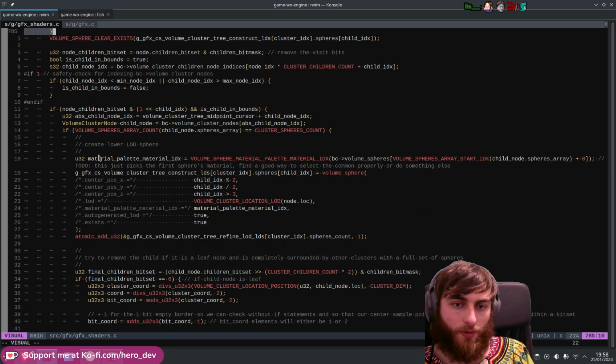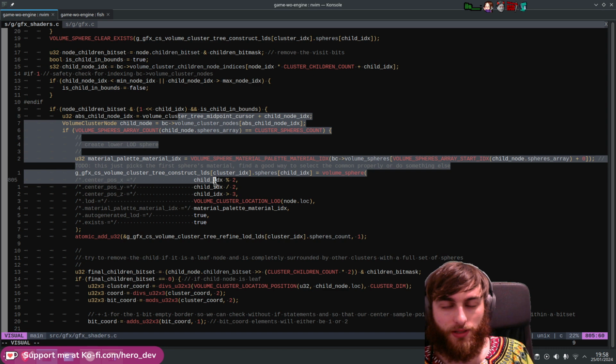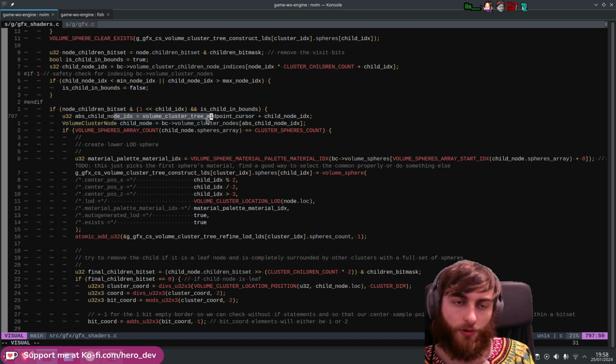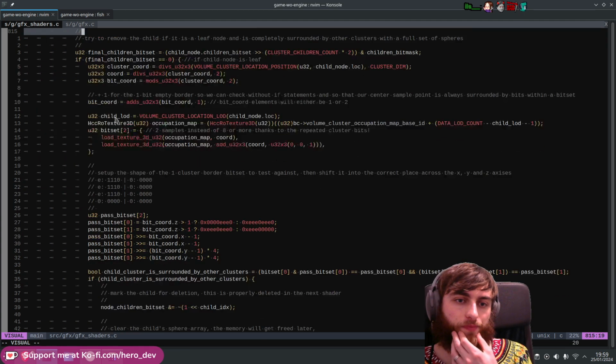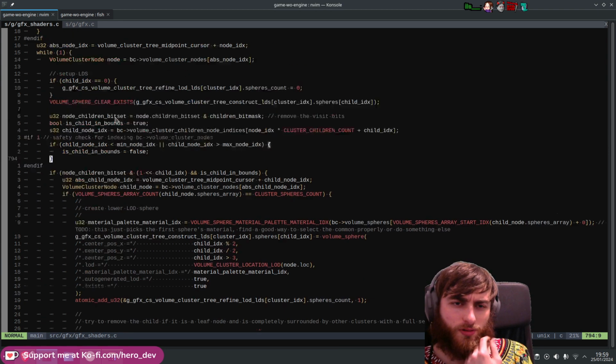So you have problems where branches are not always taken, and you get inactive lanes. Obviously 8 threads will go in here, so long as the node passes this check. But if a node doesn't, you've instantly lost 8 threads. So there are problems like that you have to deal with, but also